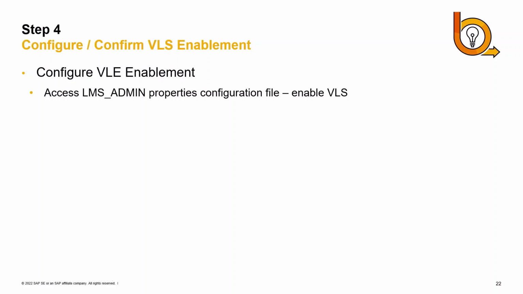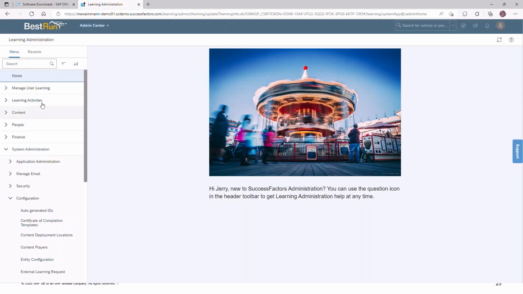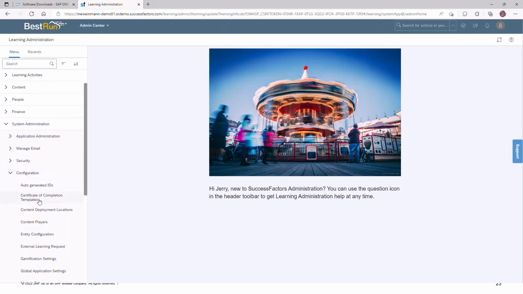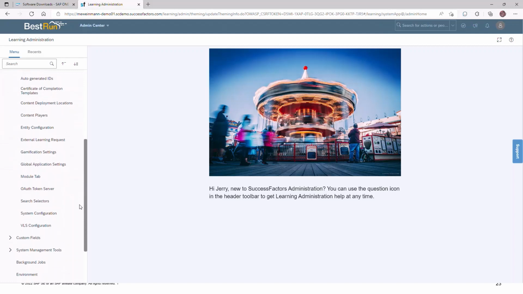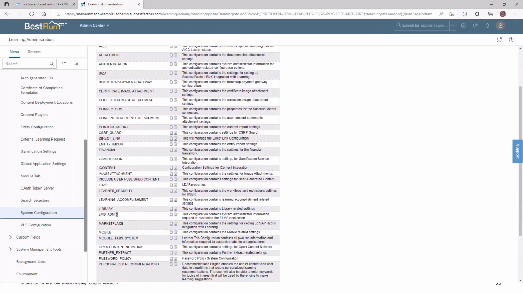Step 4 is to confirm enablement of the VLS functionality. Let's review how to confirm or configure Learning to enable VLS. I will be doing a demonstration by going to the LMS admin side. From there, you will go ahead and click on System Admin. And then from there, you click on Configuration. And then you move on to System Configuration, LMS Admin,